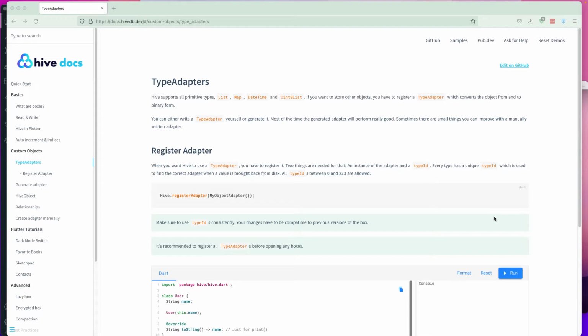When we create a type adapter or register a type adapter, we have to have a type ID, which is a unique ID, and this unique ID is allowed to be from 0 to 223. So when we are creating a type adapter, we need to have a type ID and we need to register this particular type adapter. You can go to the Hive documentation and read more about the type adapters. We will see it practically in our application. So let's go back to our application